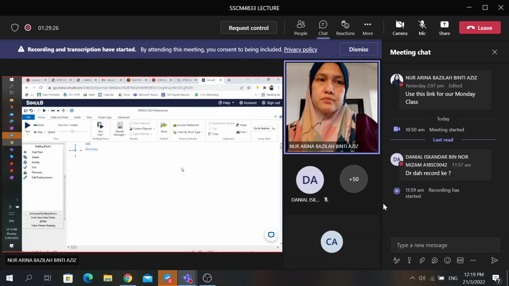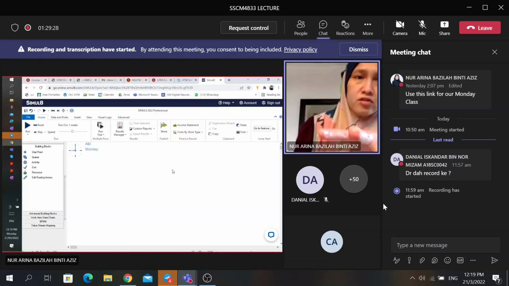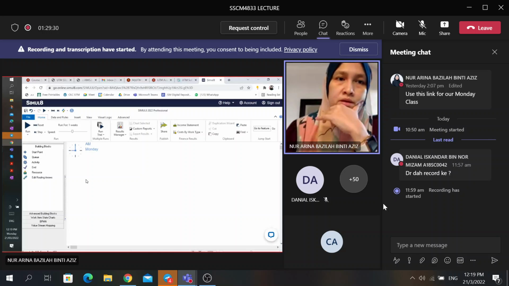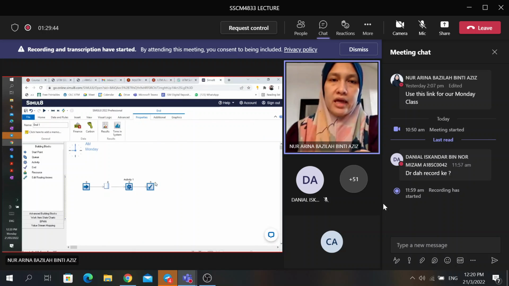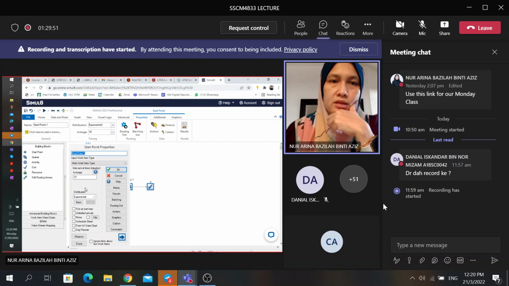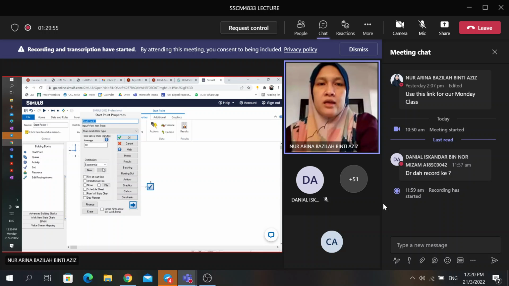Okay. So the interface for simulate is like this lah. Okay, so bila kita usually the basic one, saya tunjuk lah basic dia. Kita ambil the starting point and then kita ada queue, and from the queue dia akan pergi ke activity, and ke activity dia akan end, and this is dia exit lah, exit point dia. Alright. So kat sini the starting point dia tu, you see the setting. Okay, kita akan ada